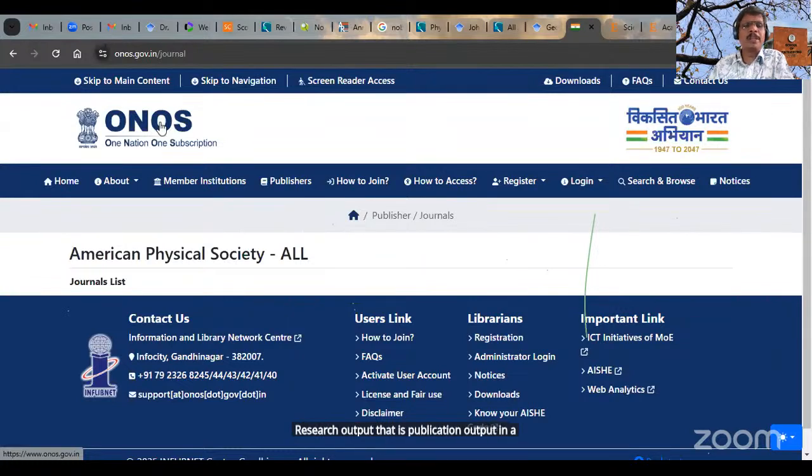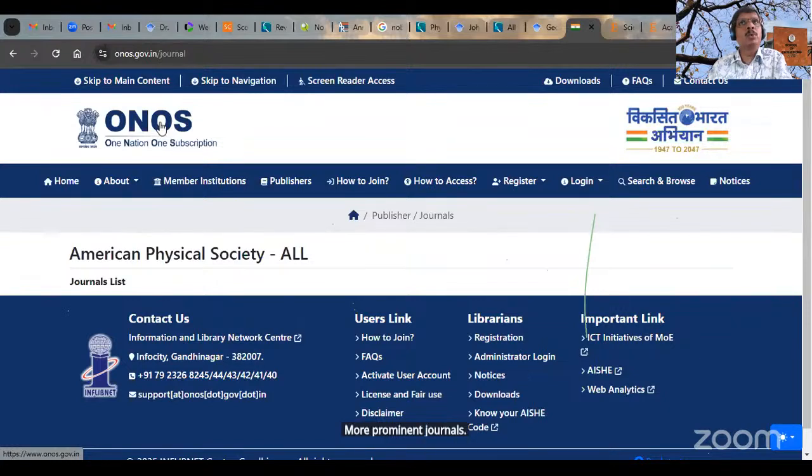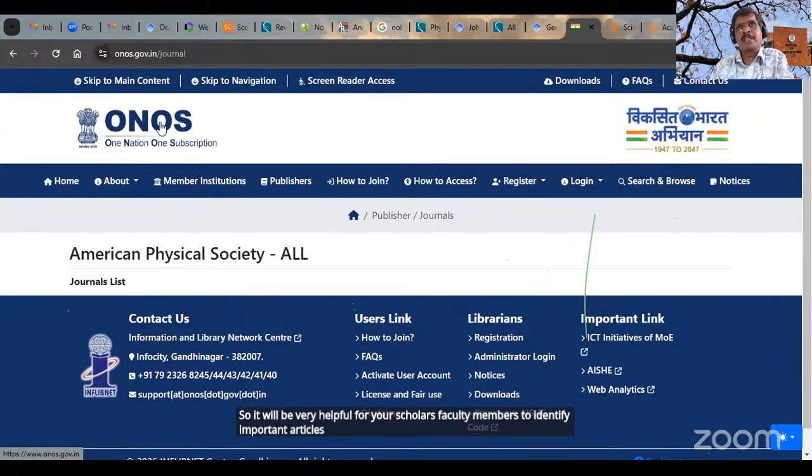Because we now have access to more important content, more prominent journals, and top publishers, it will be very helpful for your scholars and faculty members to identify important articles to publish in those journals. So this is the importance of ONOS. Why am I telling this? You can see that